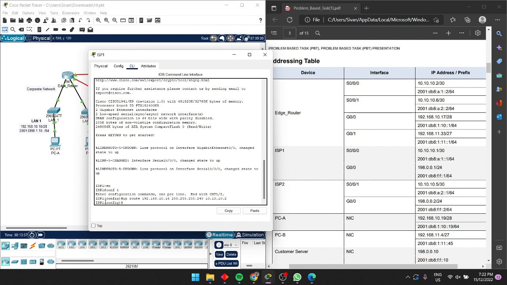Enter. So now on ISP1, configure next hop IPv4 static route to the LAN 2 network to the edge router. So now we can just continue on the ISP1 IP route 192.168.11.32 255.255.255.240